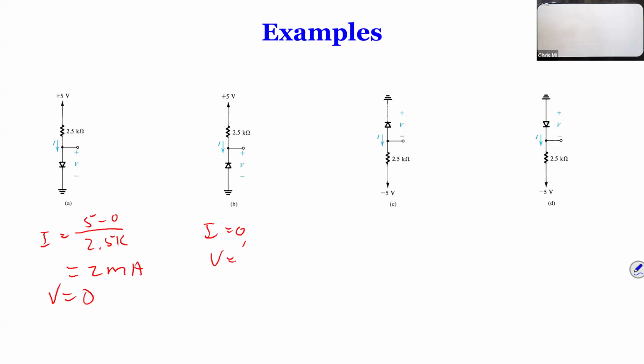No, actually, if you say V is 0, you're wrong because if it's V equal to 0, there is a current across the diode. I mean, across the resistance, right? So V is not 0, which actually is 5 volts. So only when V is 5 volts, the current over here is 0, right? Okay, the third one is,